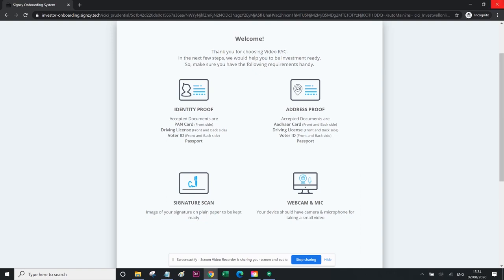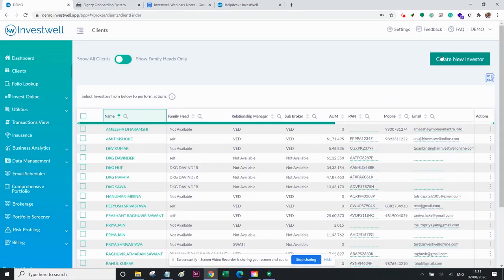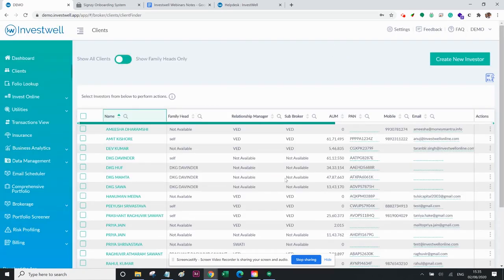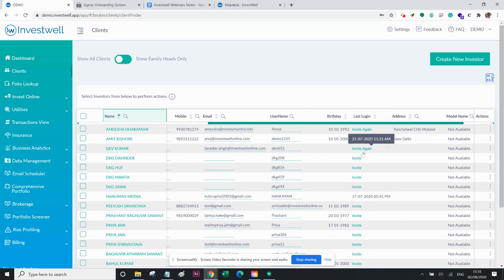You can create a new investor for them from the client's menu. You can click on create new investor, fill up this form, and send them that link. After you create an investor, a new record will come in this table, and you can scroll to the right and click on the invite button, which is available against each investor, or go to the actions on the right and click on send invitation. This way they'll get an email which has their login credentials and an accept invitation button. After accepting the invitation they can log in, and if their KYC is verified, then they can invest.